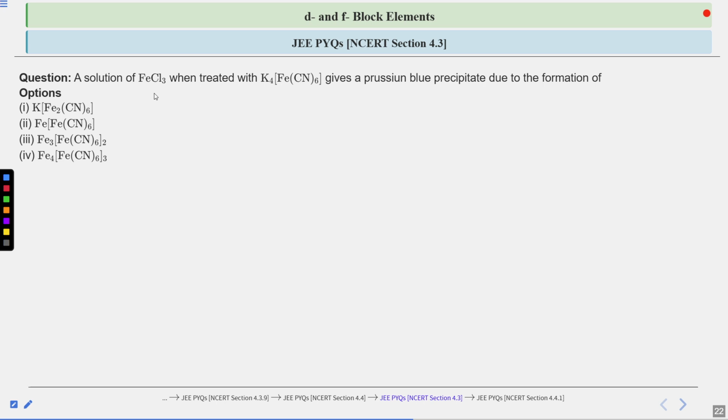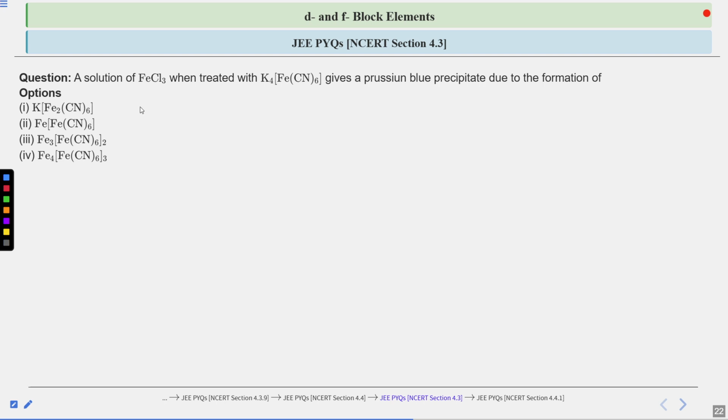Now when you treat this FeCl3 solution with the complex K4[Fe(CN)6], you will get a Prussian blue precipitate. You have to tell what this blue precipitate is. So the options are